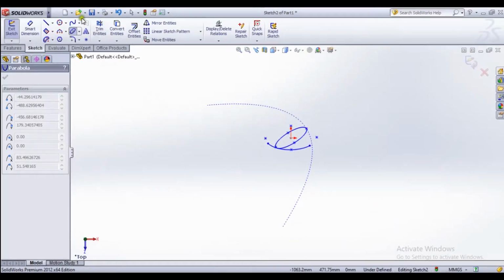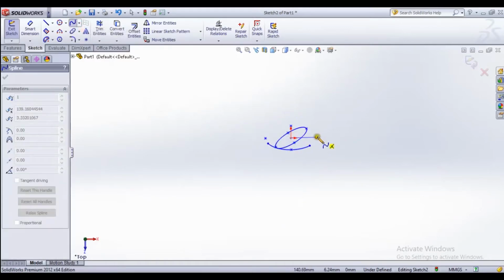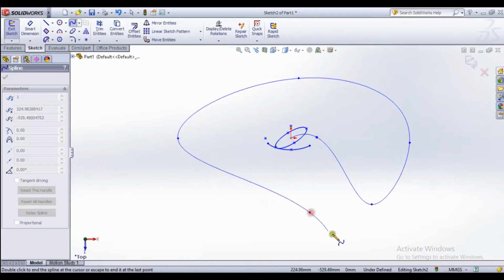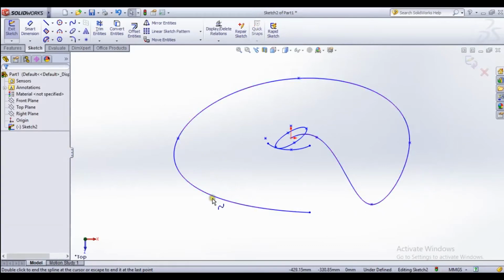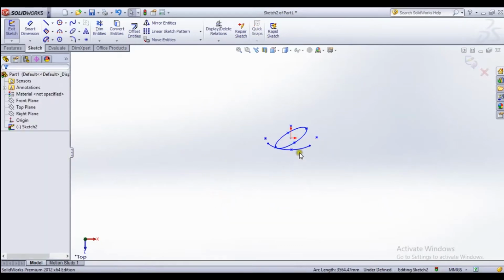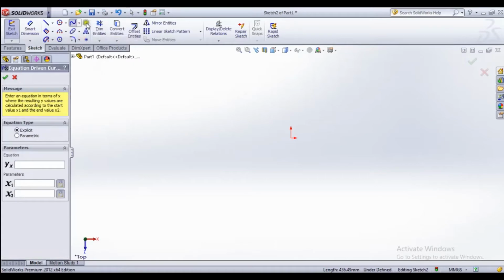Also I need to tell you that these splines, ellipses, parabolas and other things are mostly used in surface features, when we draw surfaces like boats, vehicles and the like.